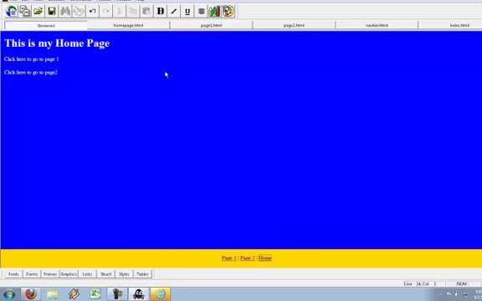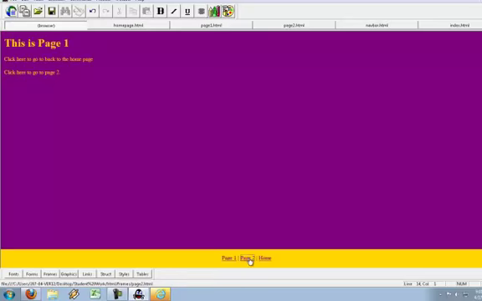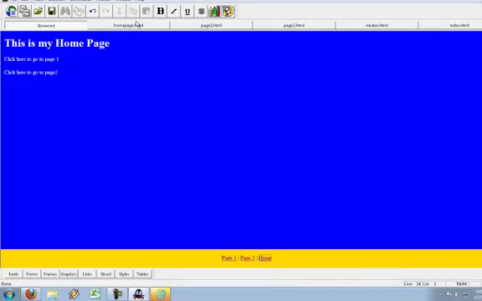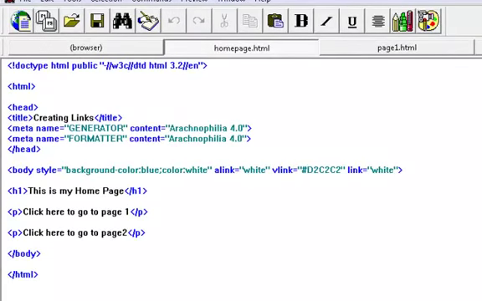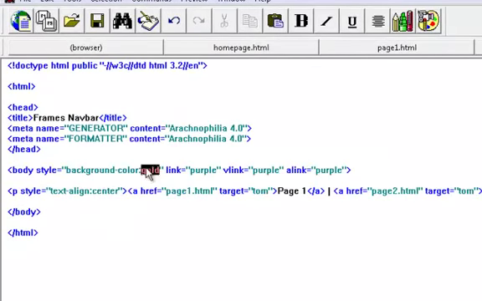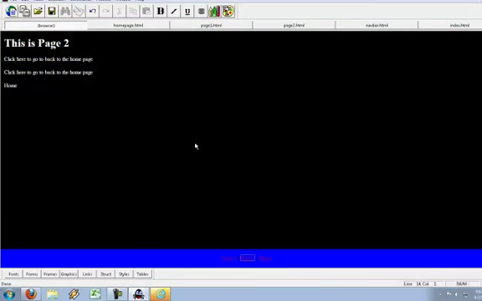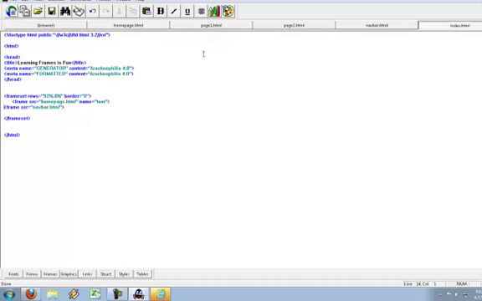If I wanted to make it look like the frame wasn't there, let's go to home page, that's a blue. If I use the same code for my nav bar and type blue there, then you really wouldn't be able to tell that that's a navigational bar down there. The only way you would tell is when you clicked onto another page and it was a different background color. But if you kept the same background color for all your pages,